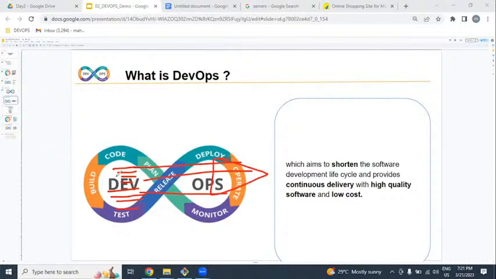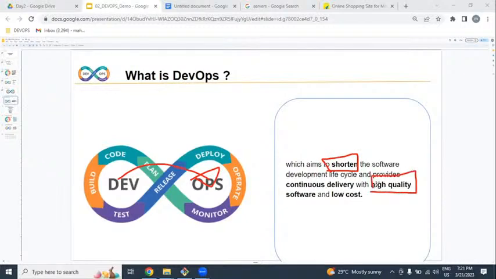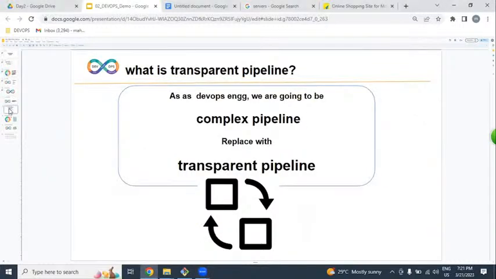So while delivering working software from the dev environment to the production environment, we have to follow some rules. Which are all the rules? Within the shortest time, with high quality, with low cost. That is nothing but DevOps. But in the actual DevOps process, guys, once you step into a company,